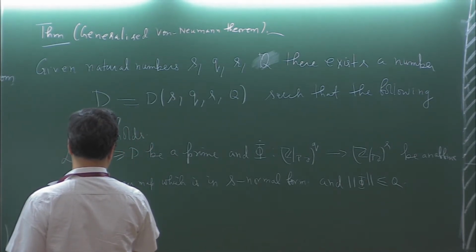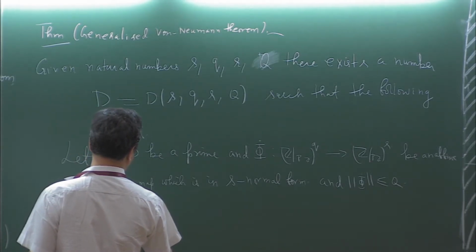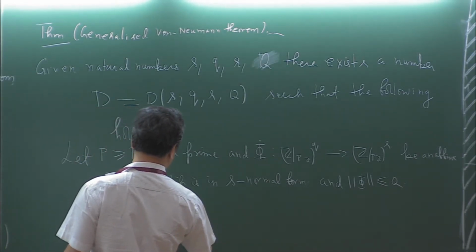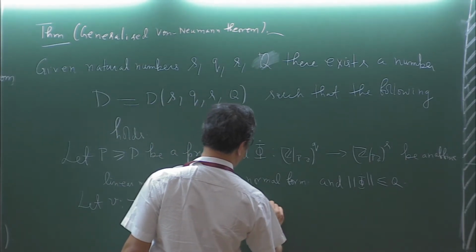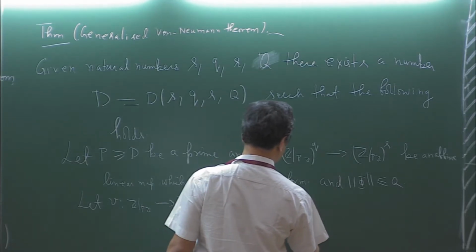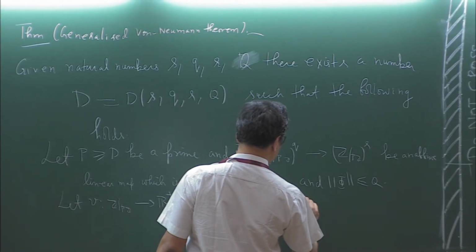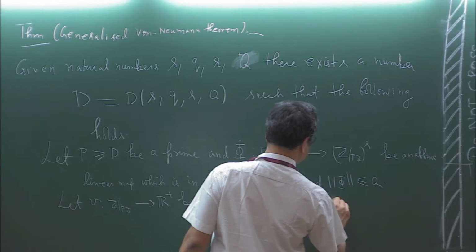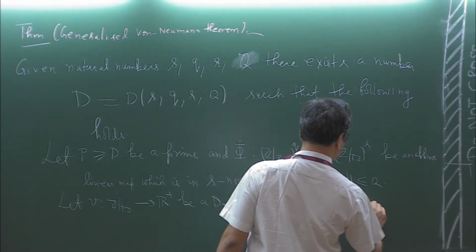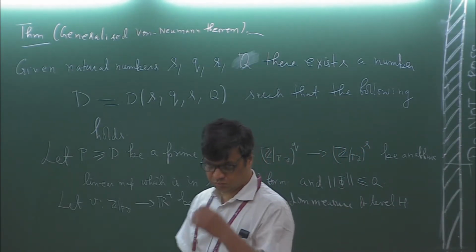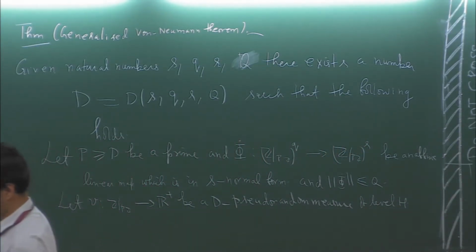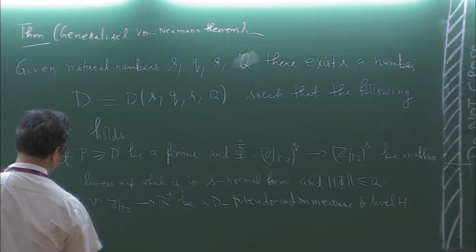Let nu from Z mod pZ to R plus be a D pseudo-random measure of level h